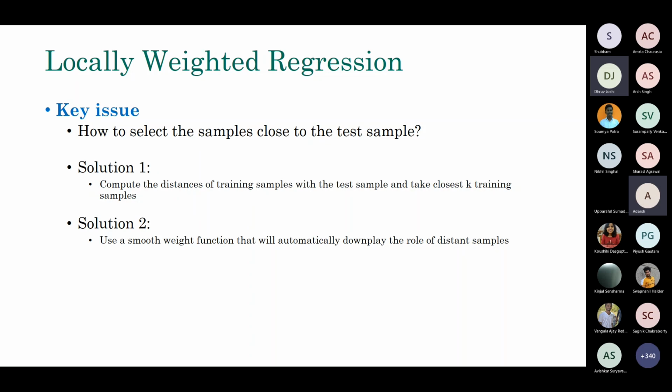Any other suggestion? Solution 2 is more generalized. Solution 2 is more generalized in what sense? Sir, I think memory, we have to store all that data when we are predicting. So you are in favor of solution 2? Yes. You are saying that it will not take more memory than solution 1. Yes, sir. Memory optimization. Okay, all right.